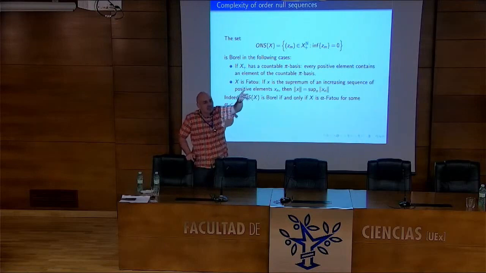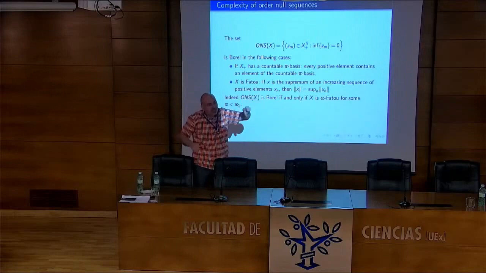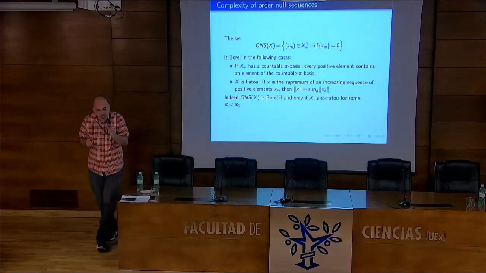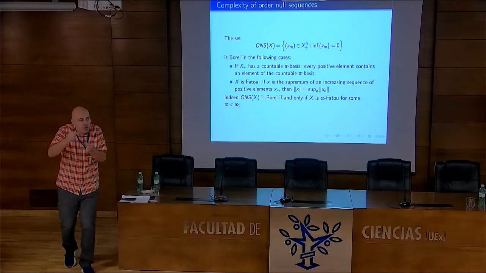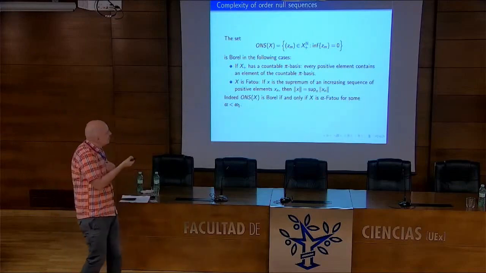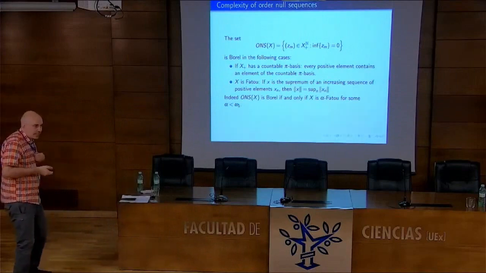And then if you think in terms of trees or in terms of games, how deep you can go producing these approximate lower bounds that try to converge to an exact lower bound, you get some ordinal index. I don't want to go into technicalities here, but this is the idea.